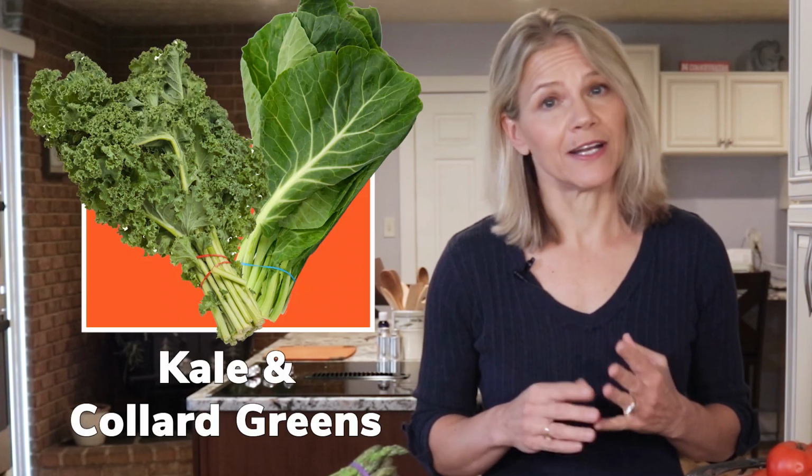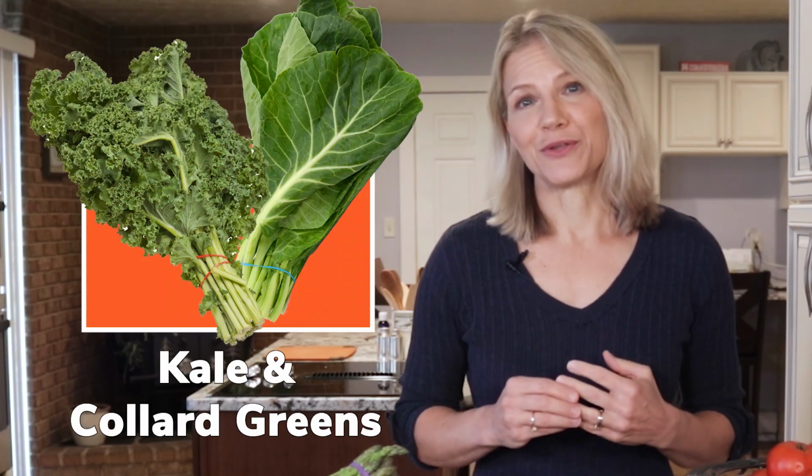Some leafy greens belong to the Cruciferous or Brassica family, such as kale and collard greens. Those and other cruciferous vegetables are low in carbs and very good for you. In fact, there are several studies linking an increased intake of cruciferous vegetables to a decreased risk of cancer, and